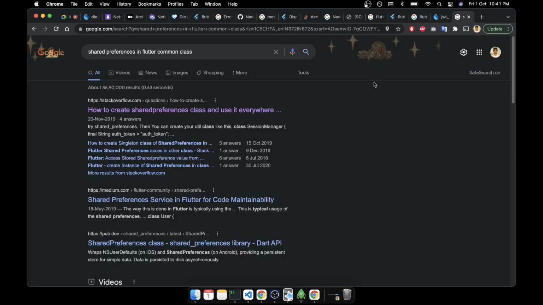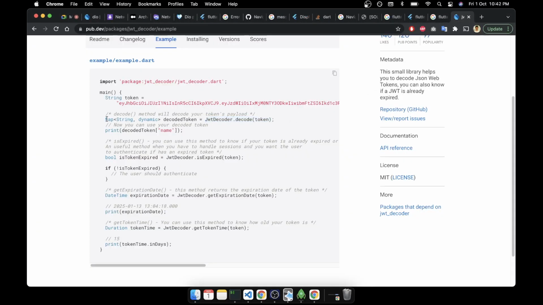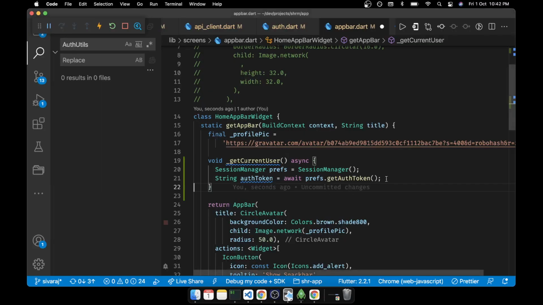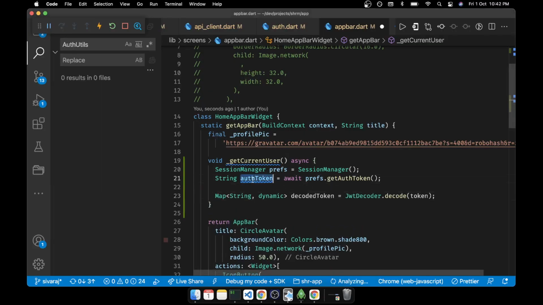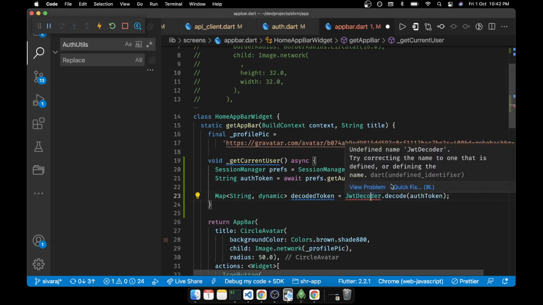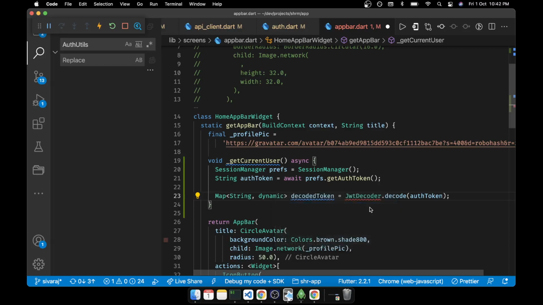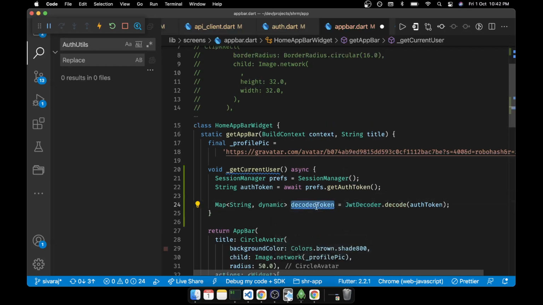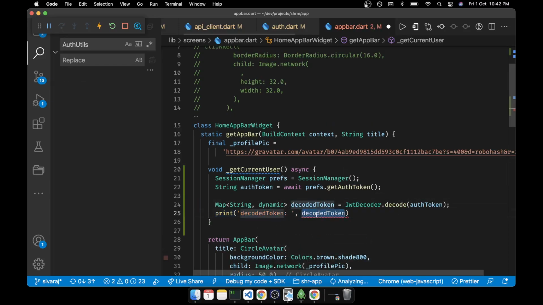Okay, so we can close this, we can close this, we can copy this part and then we can paste it. We can pass the token, import it, then we can do the print.